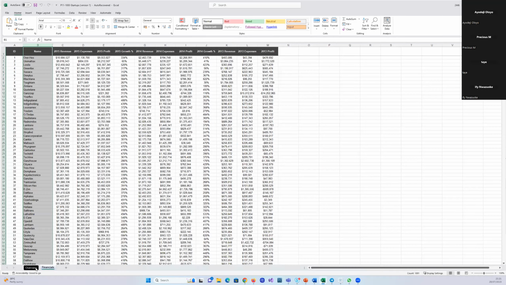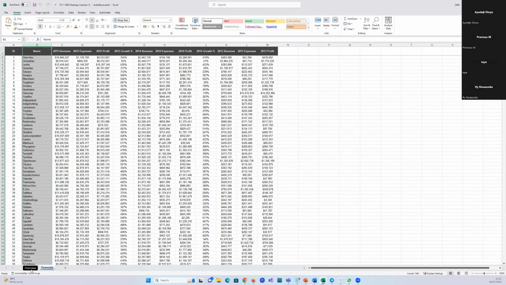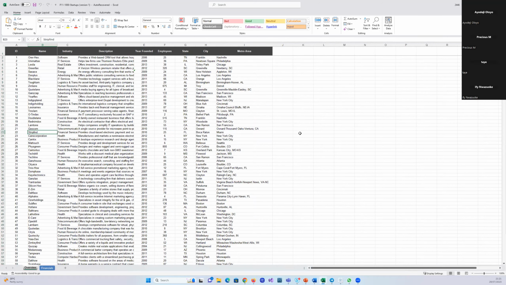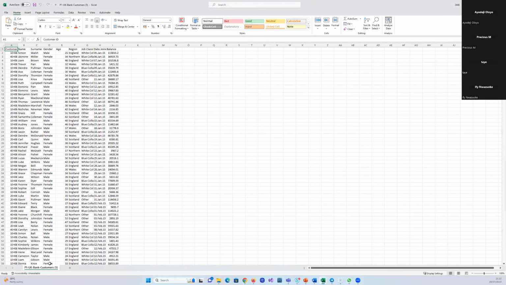So you see, we have two tabs here, financials and overview. This is what we mean by tab. If we open the document with the data that we are using now, you see that we only have one tab. You can see we don't have two tabs. So that's why